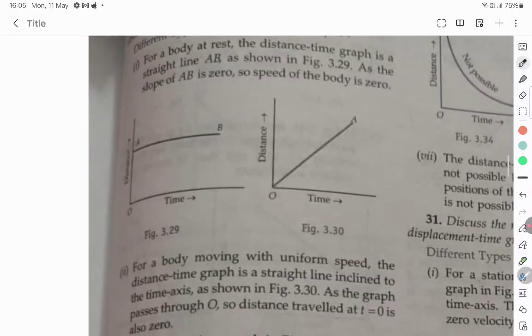This is a displacement time graph. Again, displacement, distance, it's going to be the same. The position does not change with time, and so then it's a parked car or non-moving car. Whereas in this, the distance is increasing linearly with time. It's uniform motion,